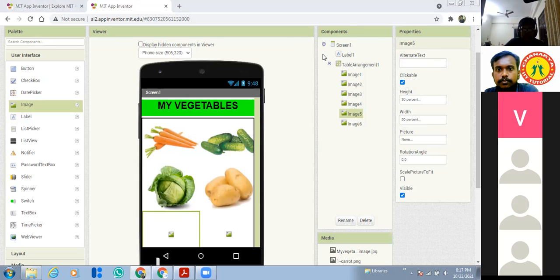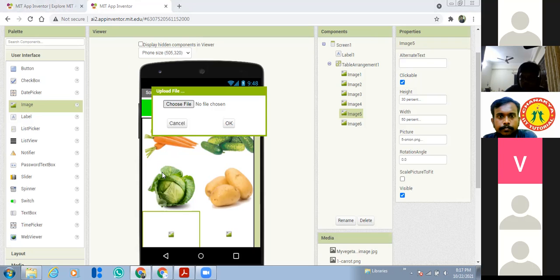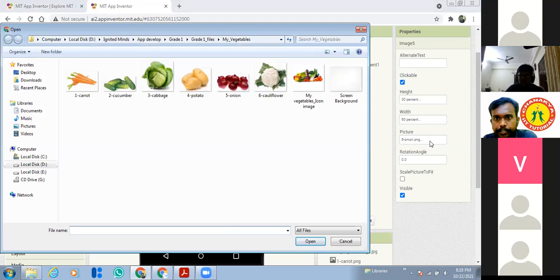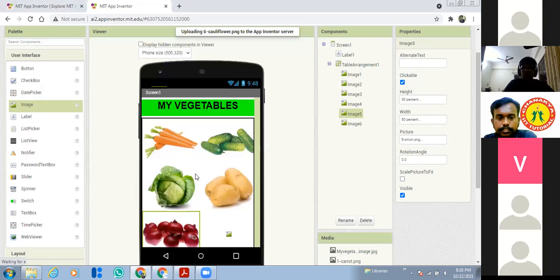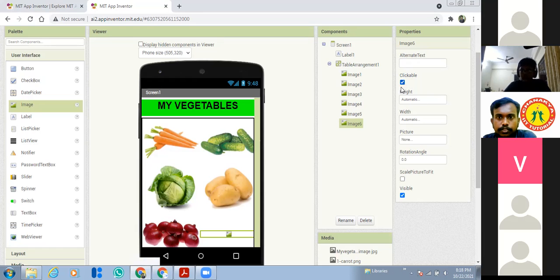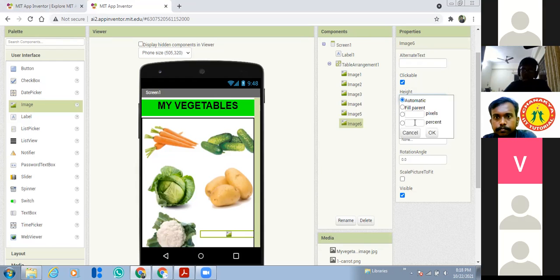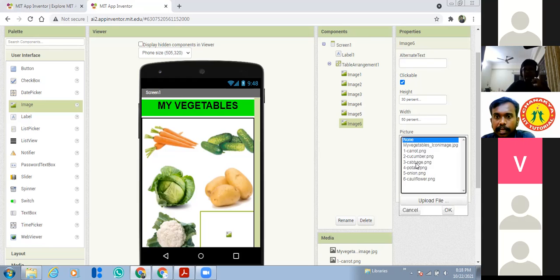Yes, Satvik done. Good, Satvik. Sir, where should I click to upload the file? The picture property, no? Oh, yes, sir. Okay. Yeah. So the picture property you can see, and make sure the images should be clickable. Okay. Like 30 and width 50. And students, if you have any problem, just ask me. Don't sit idle. I will help you.